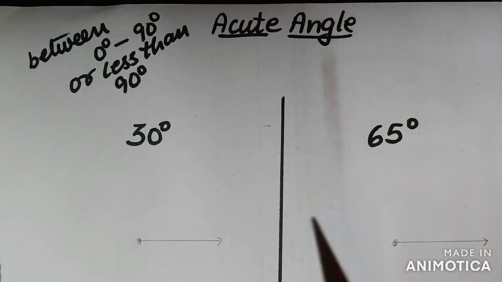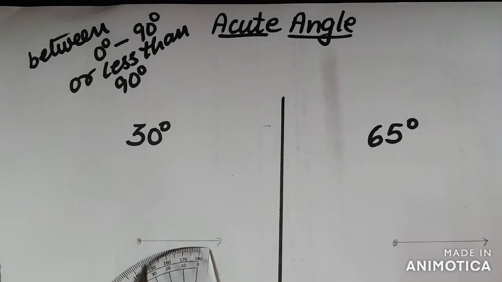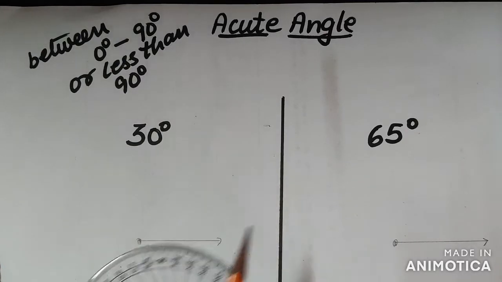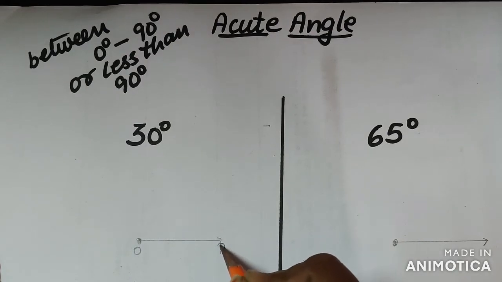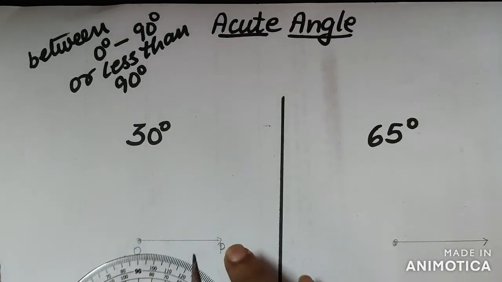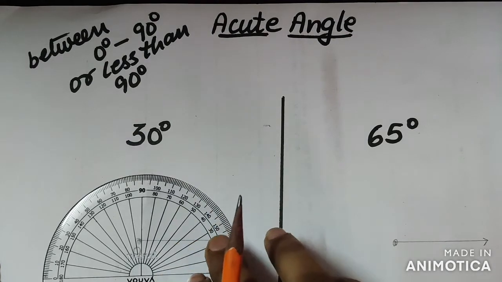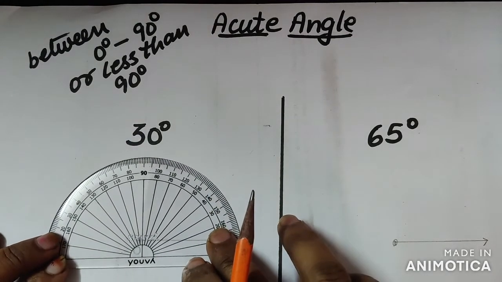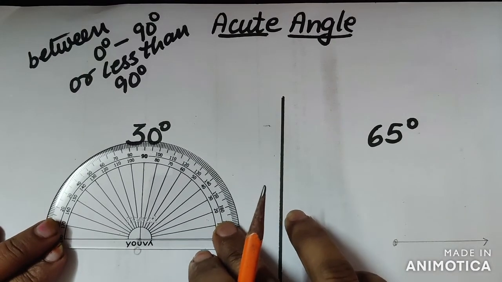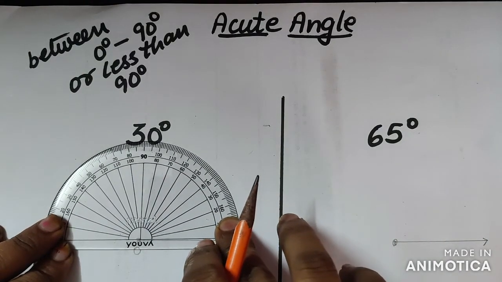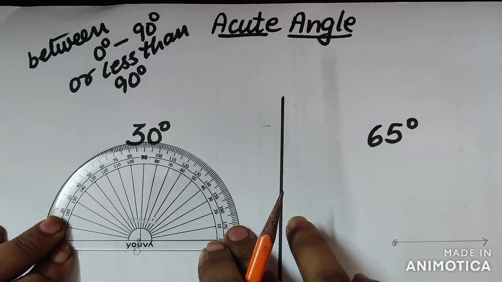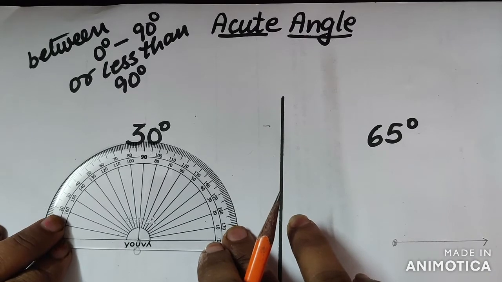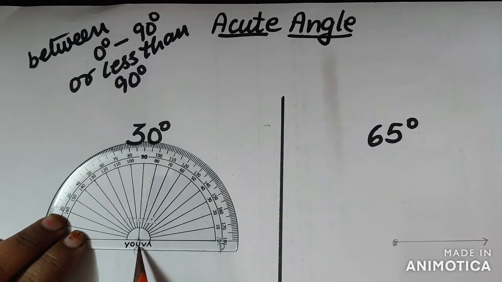Now how will you draw that 30 degree angle? Again you just draw the baseline, right? On the baseline, this is the vertex O, and this point is P, right? Now what you will do, you will place the protractor on the vertex, the center point, and after that check the scale where the baseline arm points to 0 degree. Here we will adjust. Now you see the center is on the vertex O and the 0 is on the baseline, right?